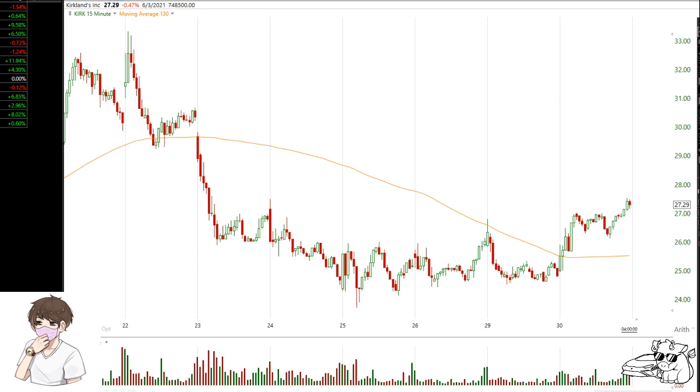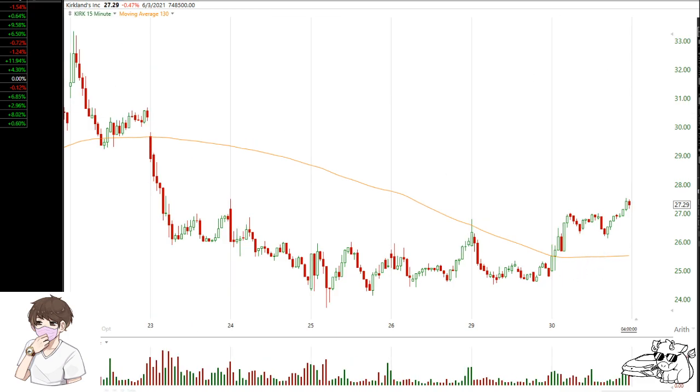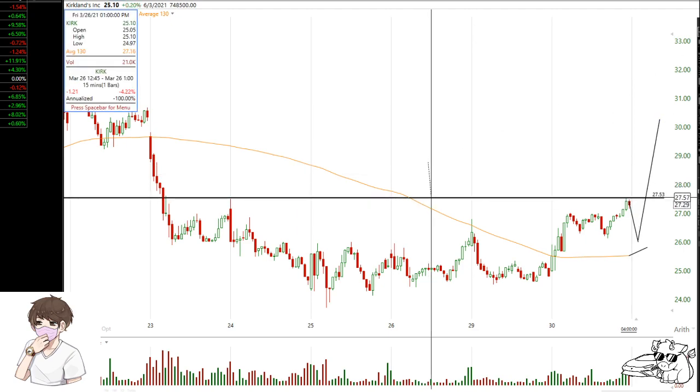after a big fall on the 23rd. Now you can see that the stock is starting to go up, but I would like to purchase this, maybe not on strength, but after this thing has pulled back a little bit, as the 5-day moving average starts to rise up. Then as it starts going up from here, we buy it around this area